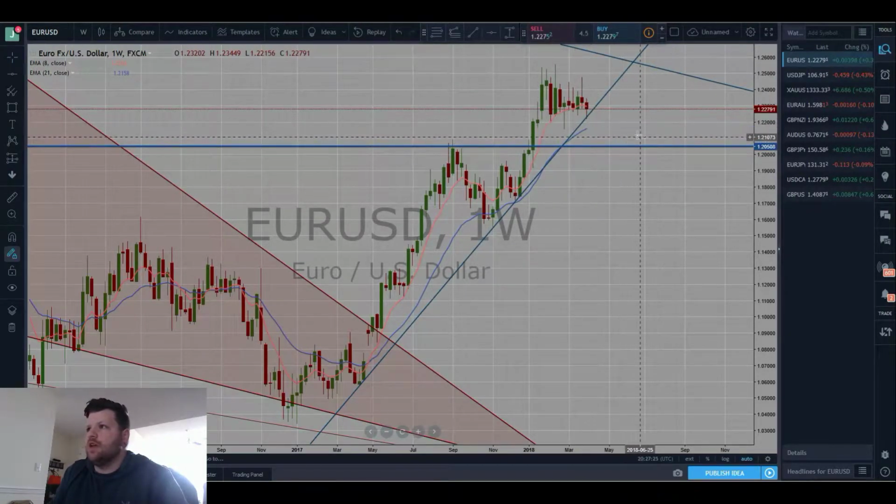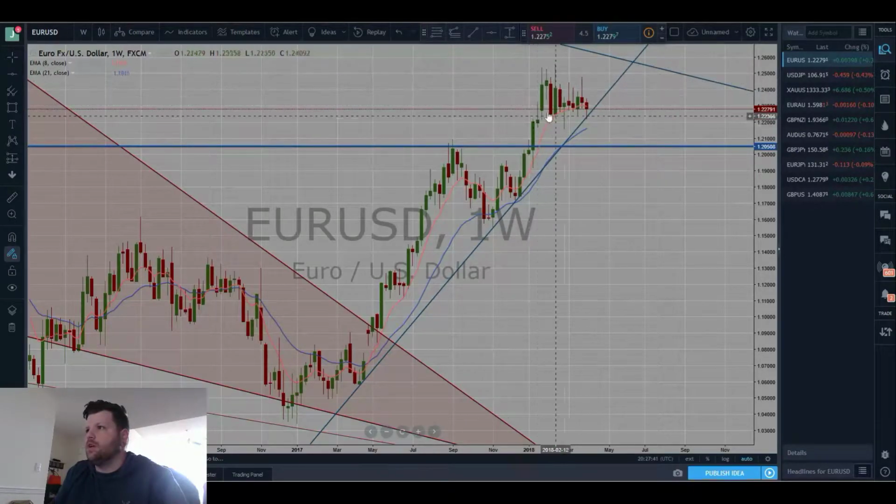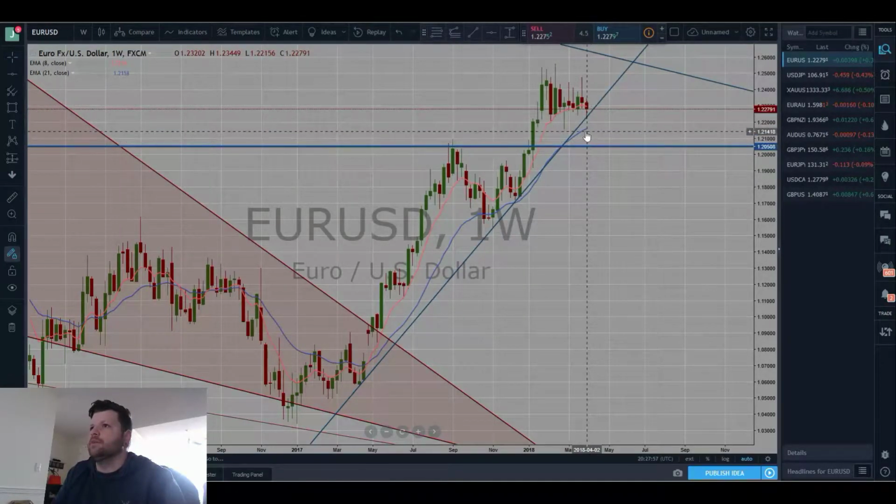Last week's candlestick ended up as a slight hammer. Had some bearish movement. Retested this trend line that's drawn on the weekly time frame. But as you can see, looking at EU, it's been consolidating. It can't really decide which direction it wants to go, whether that's bullish or bearish. The one horizontal line is based off of market structure right here. That's the only horizontal line I have drawn. We can see that price has been respecting the 8 EMA, but that's it as far as EU goes on